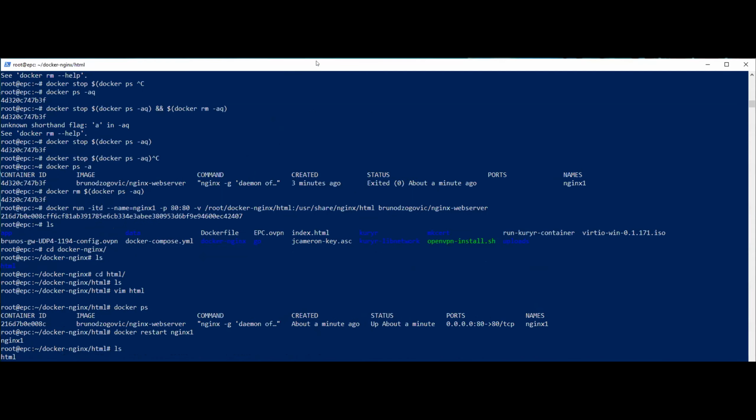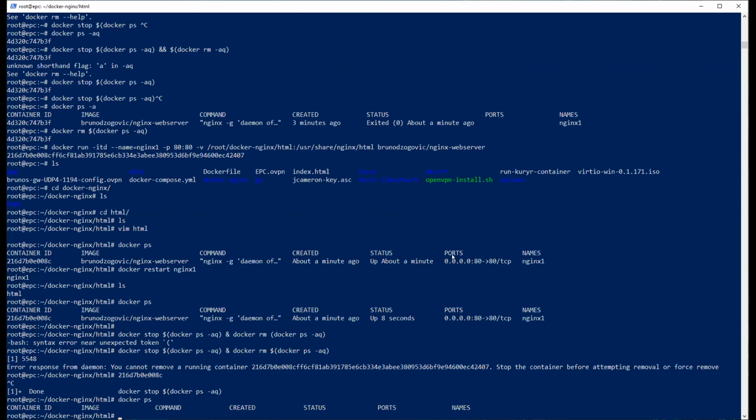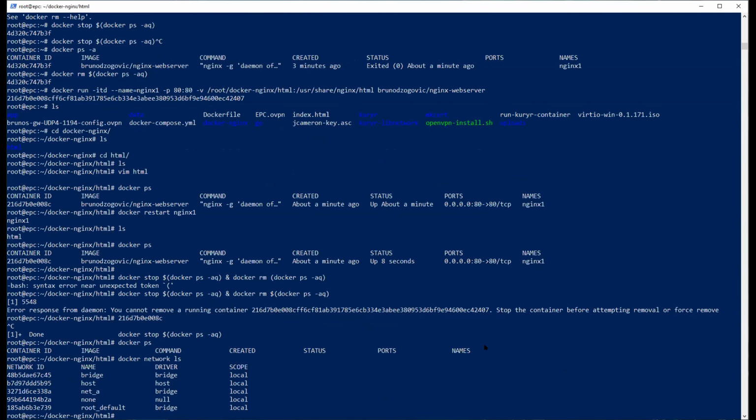Another thing to consider now is working with the networks. So in Docker, you can actually list the networks, docker network ls, and it will show all the networks that are running around. So you see, I have some network named root default, some network net A. These are added additionally.